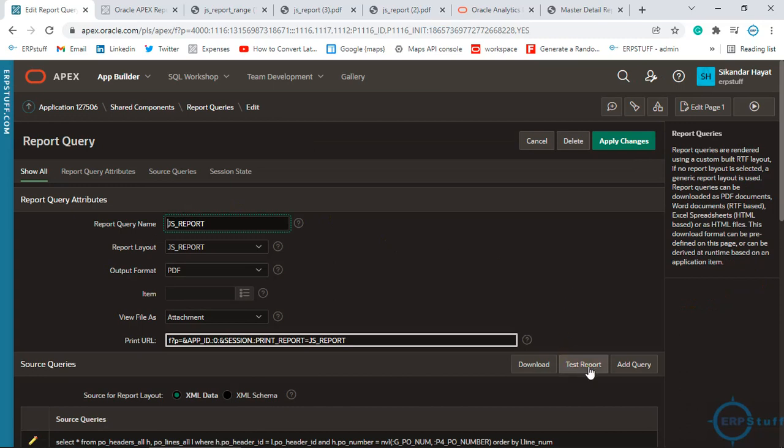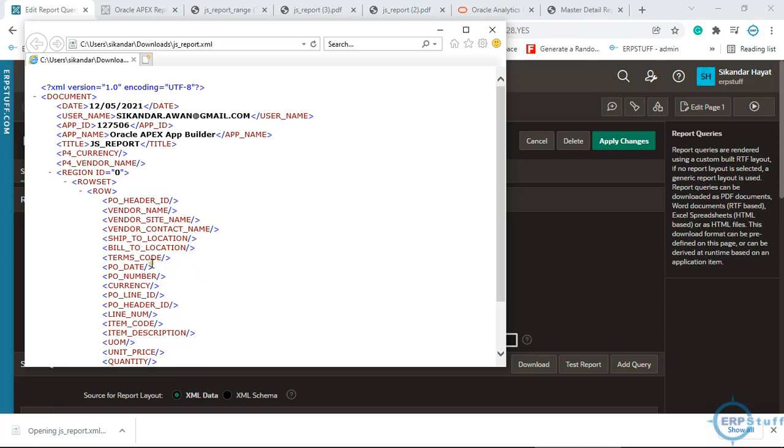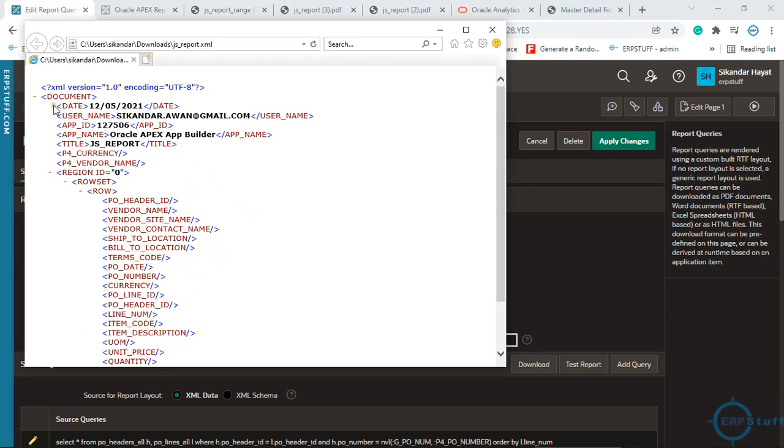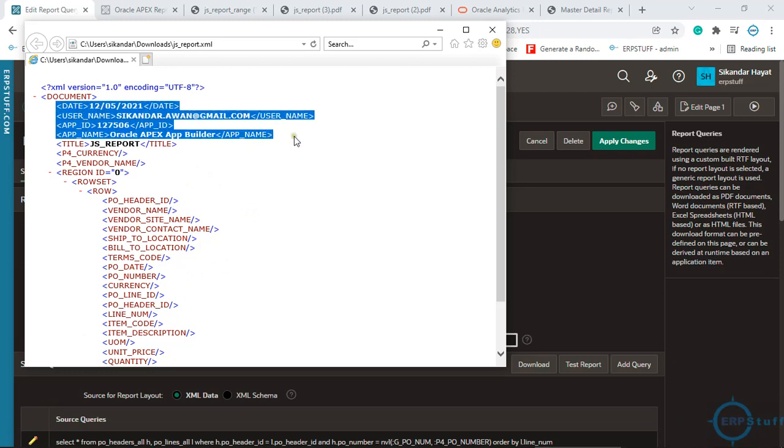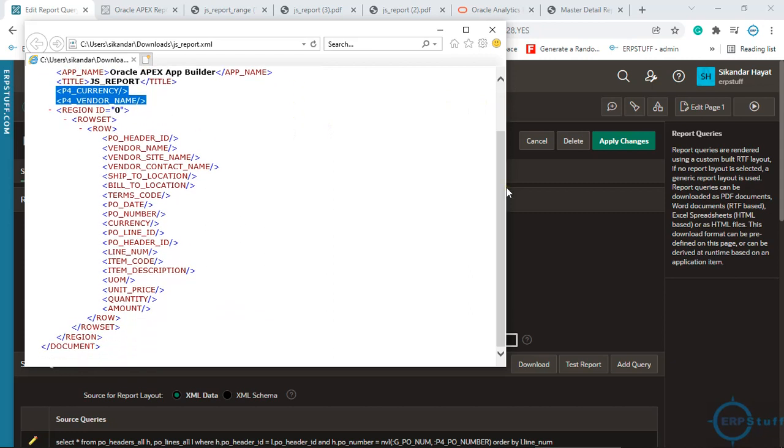Okay. Now, for example, here you can test the report to see the output, or you can download the XML from here. If you click here, it will download the XML part. Let me quickly show you the XML. It has no data at the moment because we haven't submitted it. So this is the header. If you see, this is coming from session, and this again is session variables. The values will come from the session, and then down you have these rows, right? I have already extracted them. I will show you how to do that.